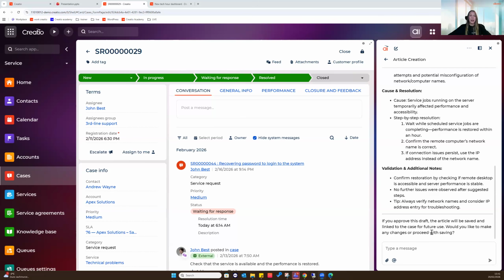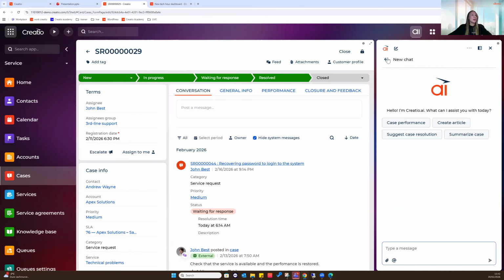So this approach ensures that our valuable insights from resolved cases are captured and reused, helping our team build a living knowledge base without manual duplication of effort. Now, perhaps we could take a closer look at the skills and other skills available for an individual case using the case resolution agent. So let's perhaps open a new chat and let's take a look at the remaining buttons